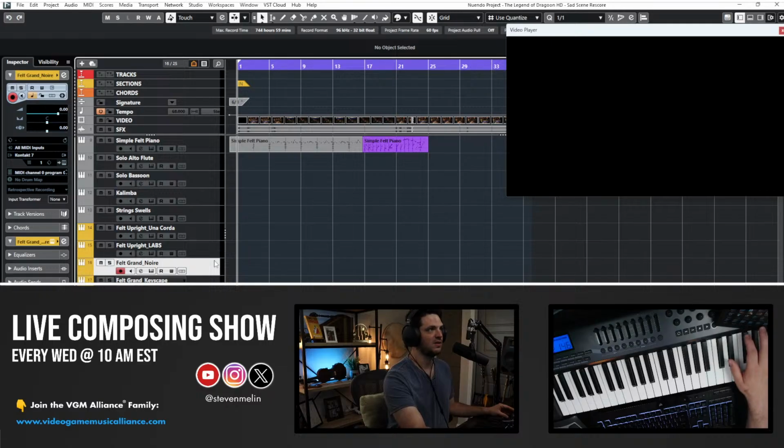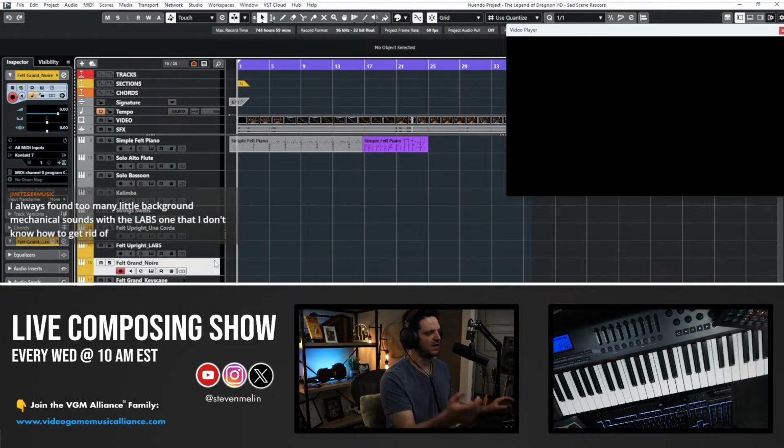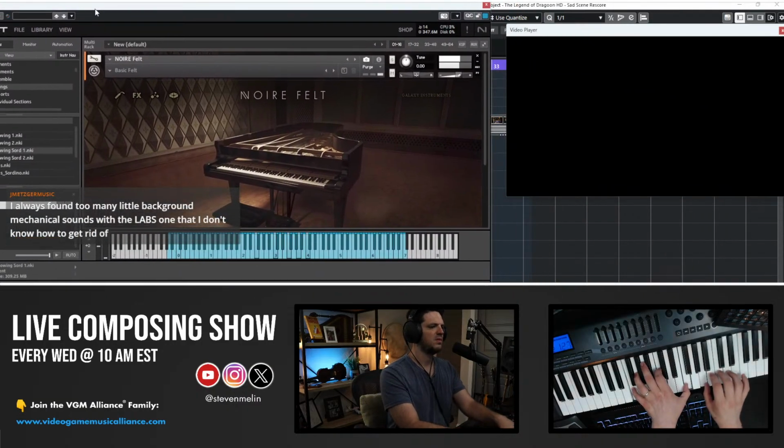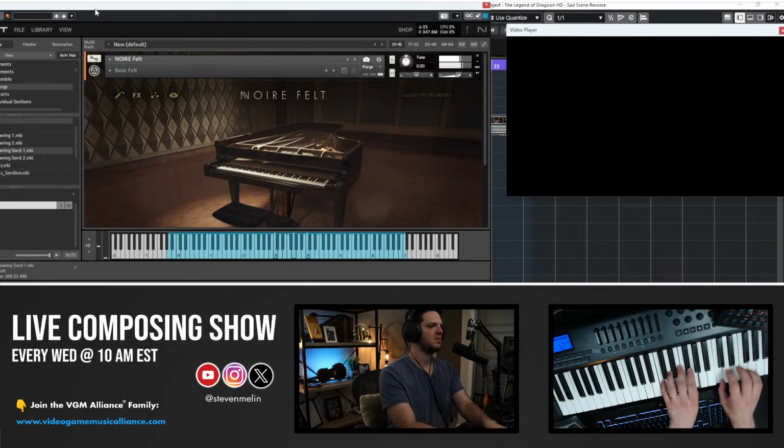Another comparison here is the Felt Grand. Now remember, this is a grand piano, not the upright piano, so that alone is going to have a bit of a difference. But the Felt Grand, this is Noir, another really big Native Instruments one. It's nice.